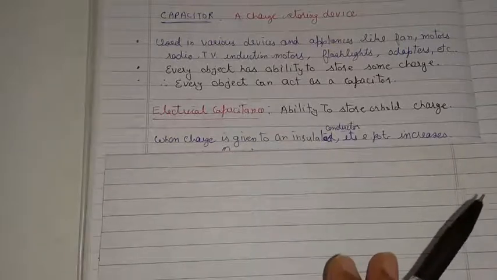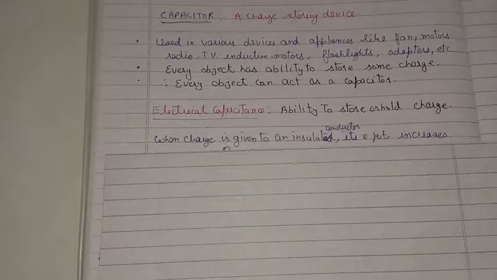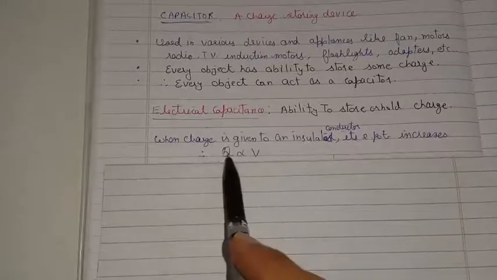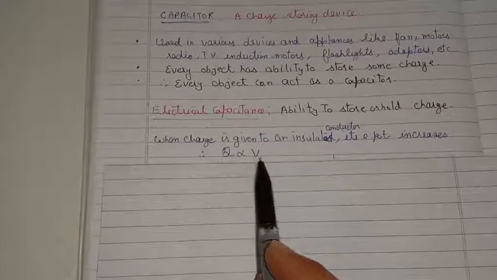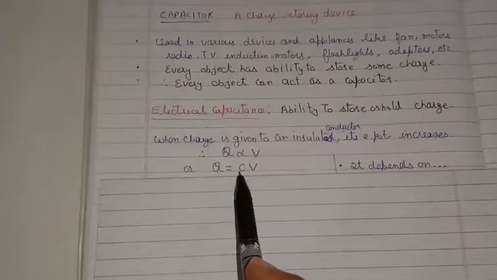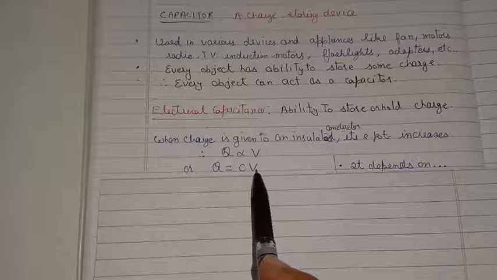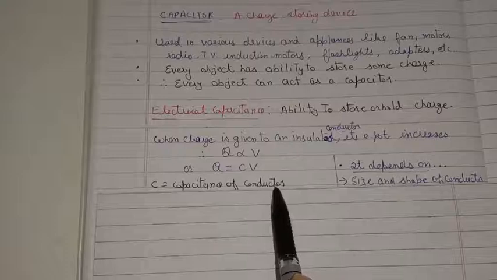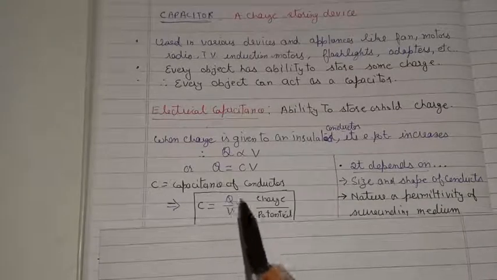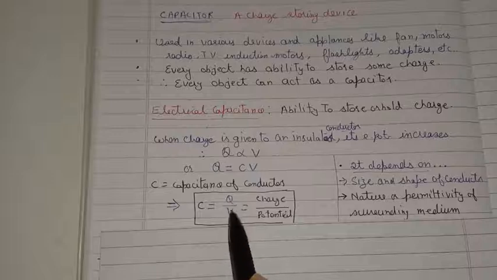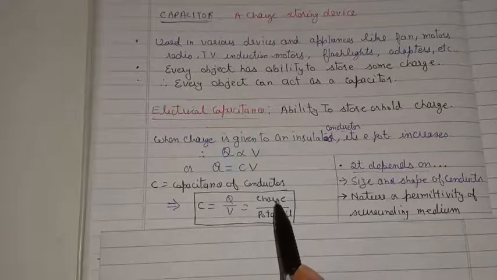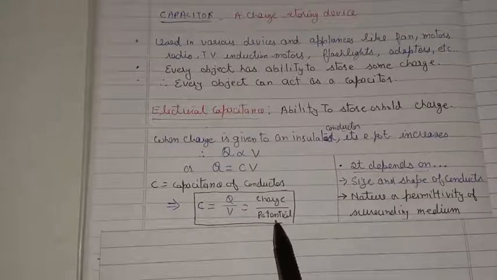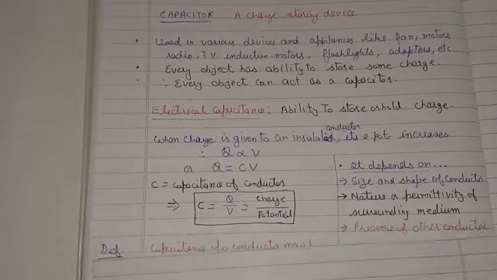From our previous chapter, electrical potential, we know that when any charge is given to a body, the potential of that body rises. That means the more the charge, the more the potential. So charge is directly proportional to the potential of that body. So if we convert that proportionality into equality, we get the equation Q equal to CV, where C is a constant of proportionality, which is known as the capacitance of the conductor. Or from the same equation we can write C is equal to Q by V. That is, the electrical capacitance of a conductor is the ratio of the charge stored in it divided by the potential that is developed due to that charge.